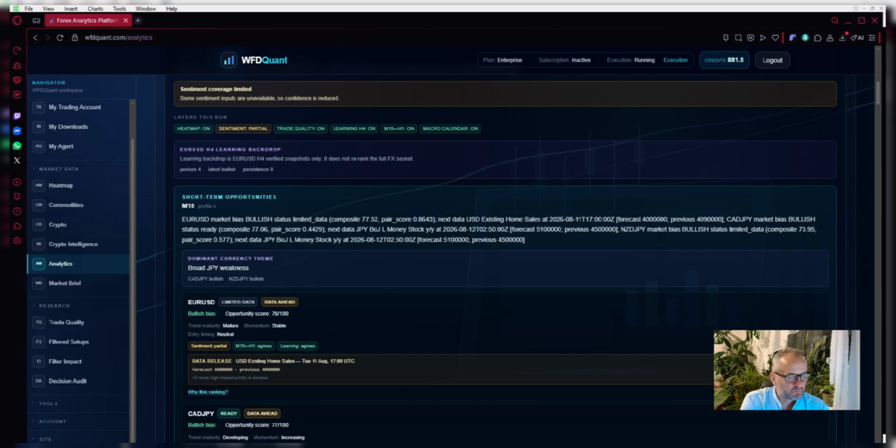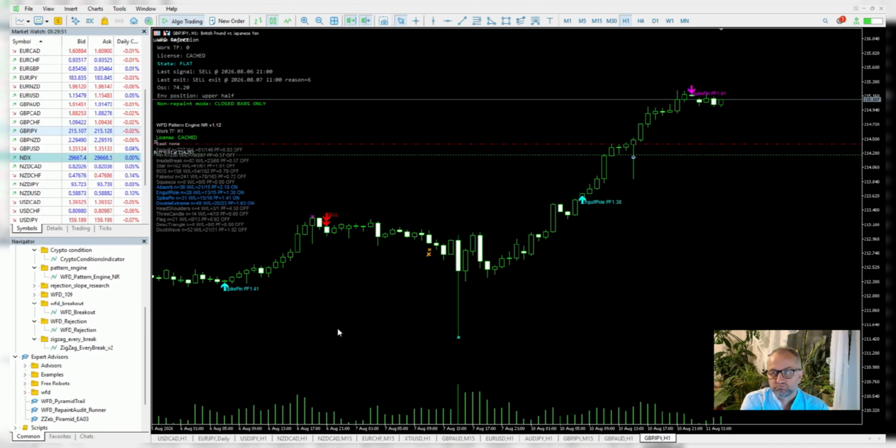From here, I decided, okay, I will be playing GBPJPY, and the market structure actually showed me that there was a signal on a zigzag, which I'm using, the zigzag every break version 2. And that actually showed me that the direction is pretty much correct. I will show you where is the WFDQuant